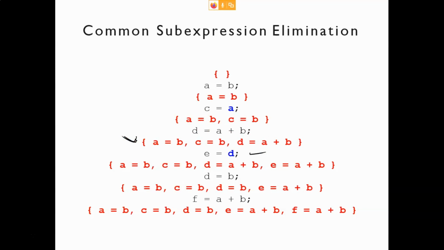Using this set of available expressions, we are only looking at two things, this and this. These two things we are looking at, and we are doing the CSE, because this A plus B is already available. Now after this you can see this B is already available. Actually this B is available in A also, and in C also. So it depends on how you have implemented the algorithm.